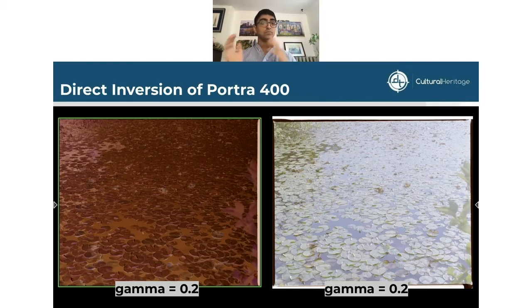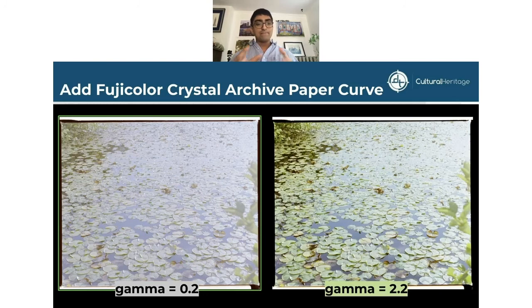So remember, gamma below 1 means really, really low contrast. And you see, if I invert it and then normalize the color, it does look pretty washed out, right? So what I need to do is add a contrast curve back in to get it back to where our eyes would have seen the scene, similar to the way that I want to render it. And you'll see here that by adding a contrast curve, and so what I've done here on the back